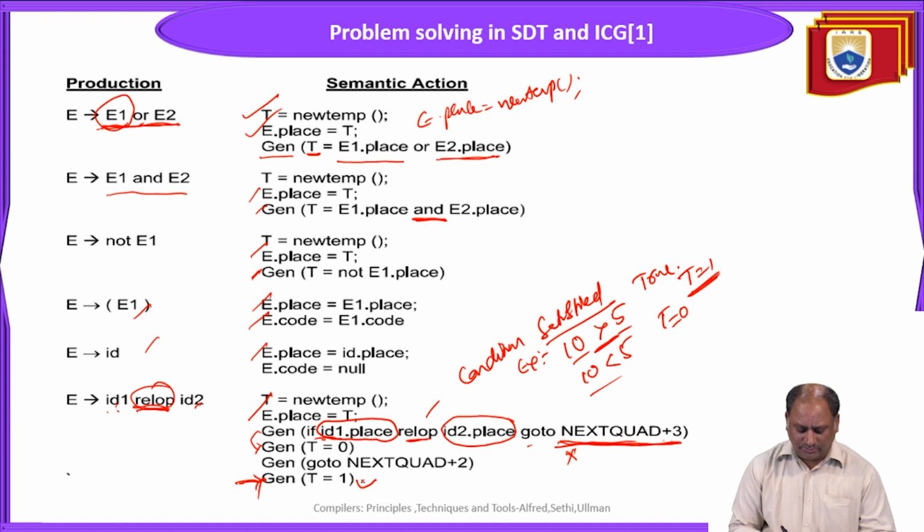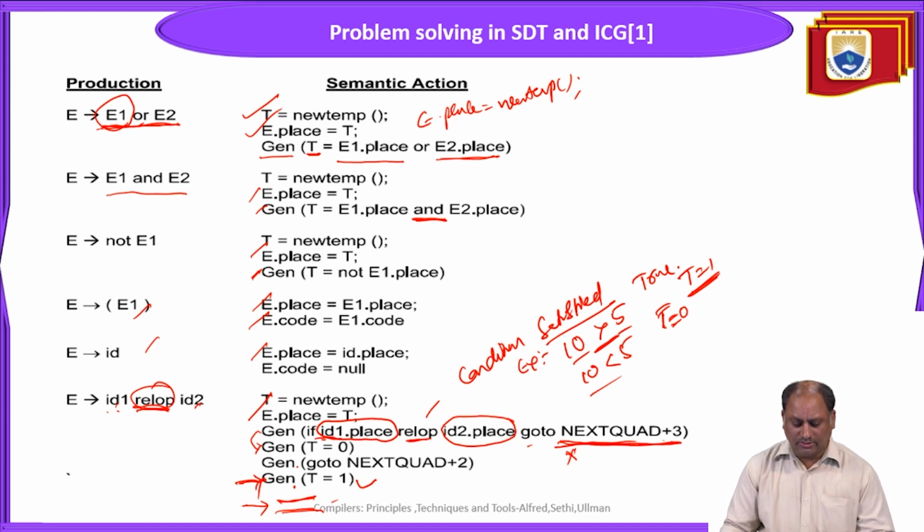That means it skips off this one and goes to the next line. From this line onwards it will be executed. T equal to 0. Then it will go to next quad plus 2. Plus 2 means skip the next statement, and the remaining statements will be executed. So in this way,